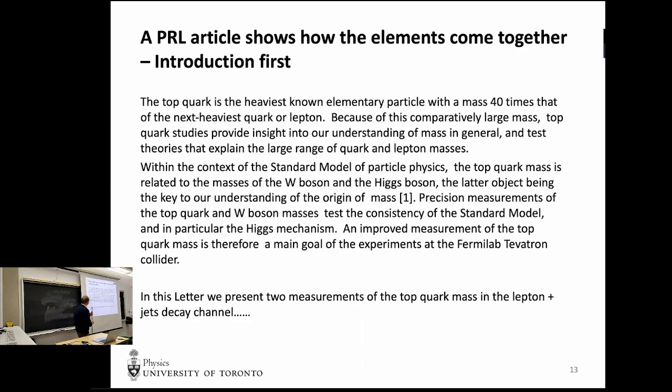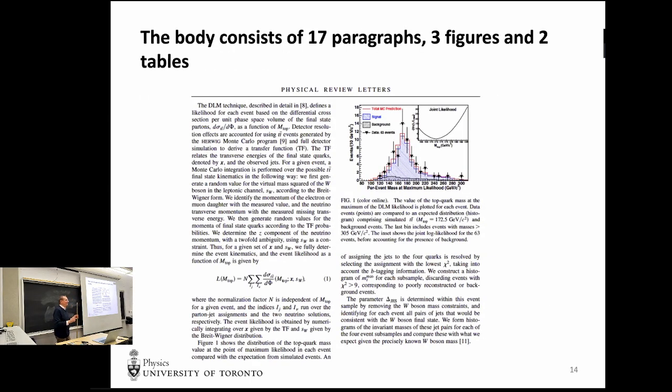But okay. So anyway, this was the attempt to grab the reader. So anyone interested in top quarks would probably read this paper, given what was said in the introduction. Okay, this paper is a PhysRev letter. It consisted of 17 paragraphs, 3 figures, and 2 tables. If you look at PRL, you find that they never have more than about 4 figures, because each figure takes away a paragraph of text. So with the balance, you find that you have to be very parsimonious.